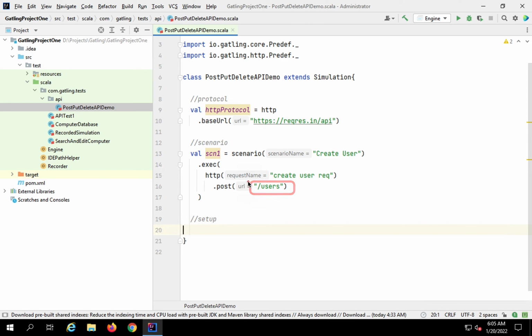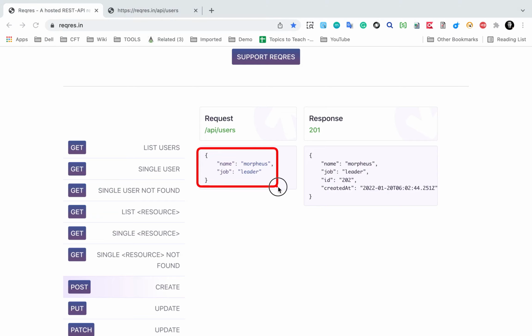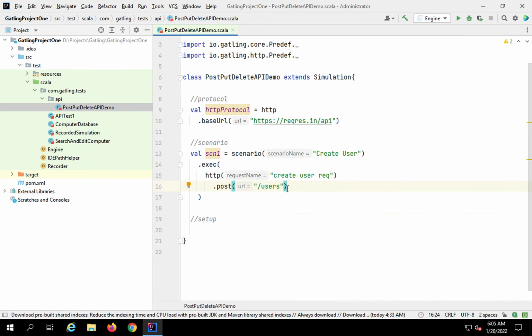If you want, you can give the complete URL here, but in this case, because we will be using multiple requests and our base URL is common for all the requests, it is a good practice to keep the base URL in the protocol section. And that's it. I have given the post. Now, very important thing in case of post APIs is we have to give the request body. And here is the request body that we need to provide to our request. And for that, I will say,